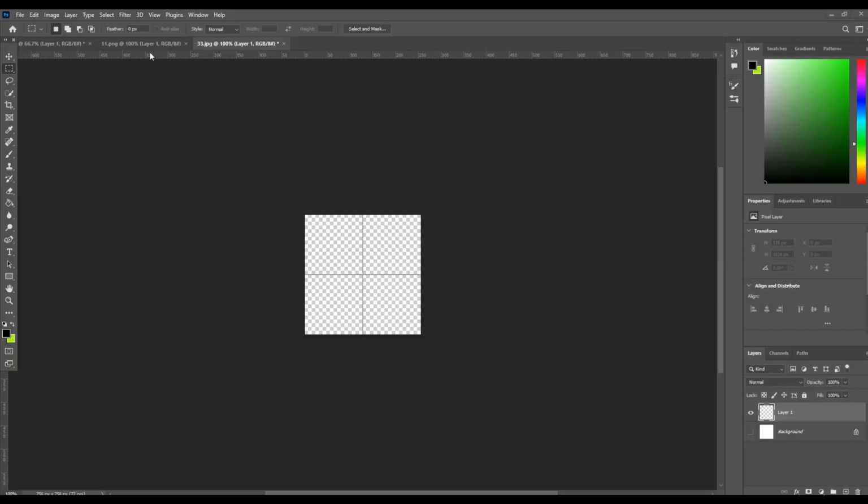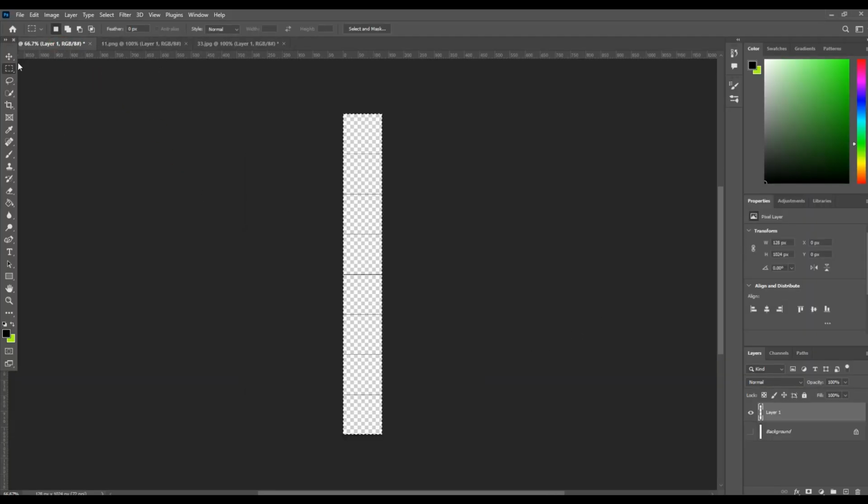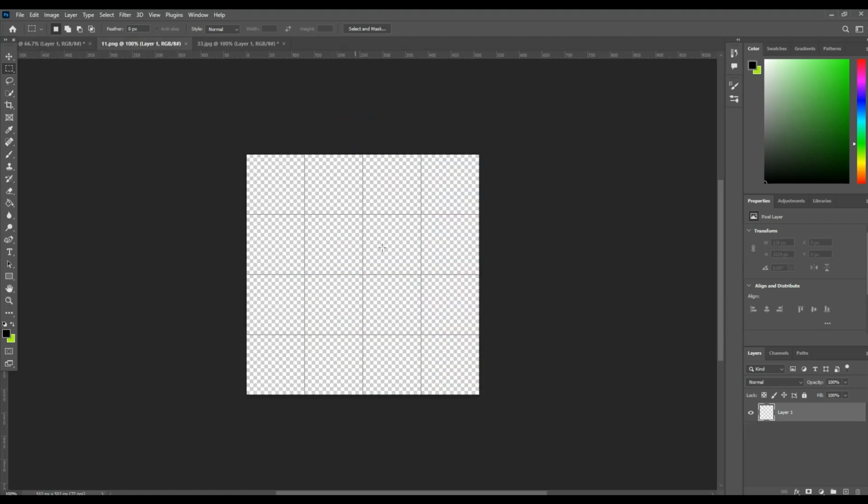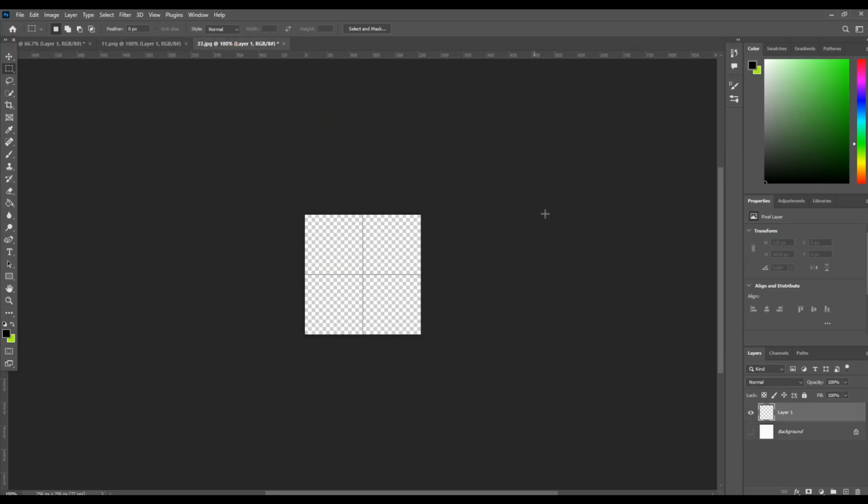Okay, let's first make the images that we require in Photoshop. We need this lens, for example, 128 in 1024, and here I think it is 512 in 512, and another one which is 256 in that number. So first you want to make the